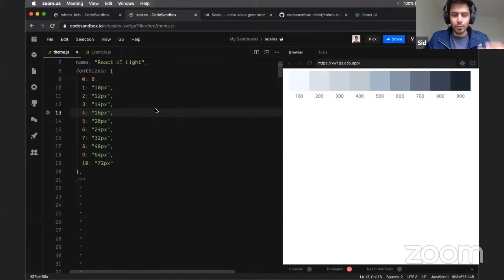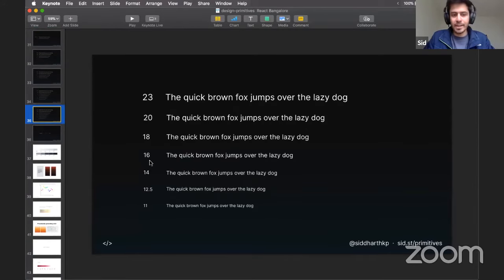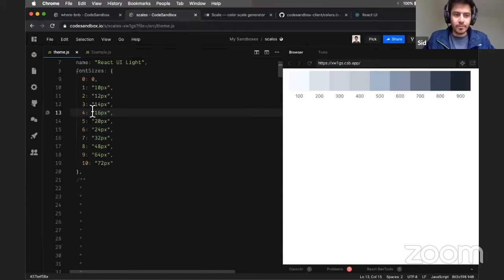So when you look at a font scale, you have to pick your default. For example, when I talked about the scale, I picked 16 pixels as the default, and then I go up and down. What you can do with the browser is change this default. When you change it to 18 or 20, your scale also gets multiplied by that, right? So that's why